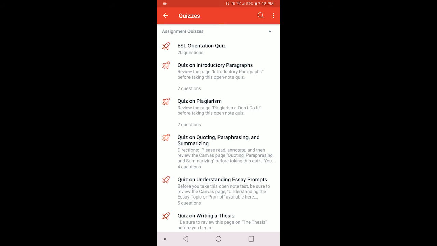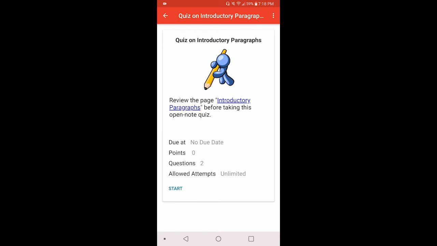So in this case, I select the quiz on introductory paragraphs. I click on it. And then here I can see a description, the due date, the points it has, the number of questions, and allowed attempts. For each quiz, they have different numbers of questions or points. And a lot of quizzes have a due date. So if I tap on Start,